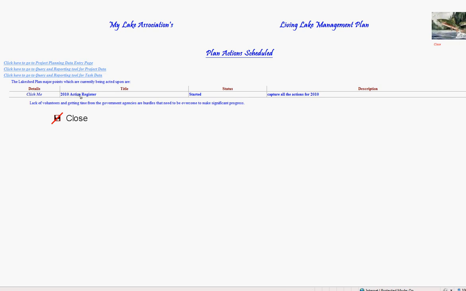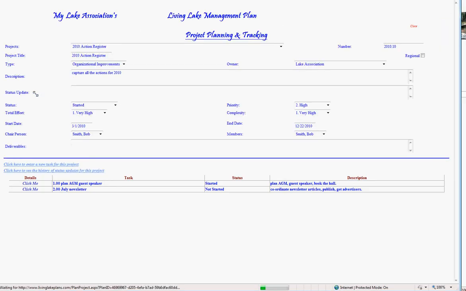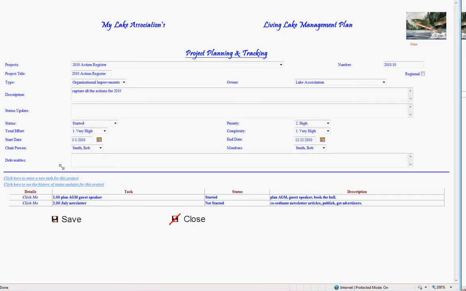And here it is, 2010 Action Register. It started. Description, capture all the actions for 2010. Details, we'll click it. And it's got the 2 tasks in here, the 2 actions. The first one is plan AGM, guest speaker. And the second one is July newsletter. So that's how you would create an action register using the project